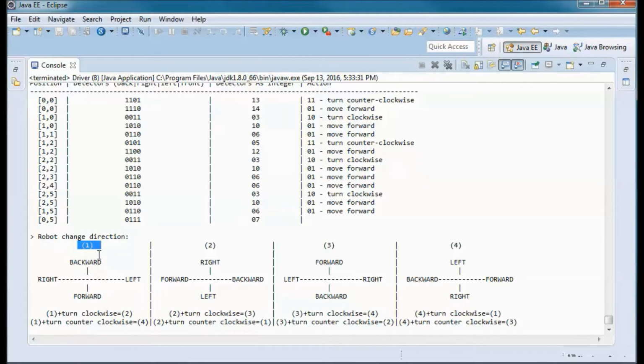So if we are in this direction, so backward, right, left, and forward, and if the robot turns clockwise, then it goes into this direction, and here if it turns clockwise it goes into this direction, and same thing if it turns clockwise it goes into this direction, and if it turns counterclockwise it goes into this, and this counterclockwise goes into this, and 2 counterclockwise goes into 1, and 1 counterclockwise becomes 4.